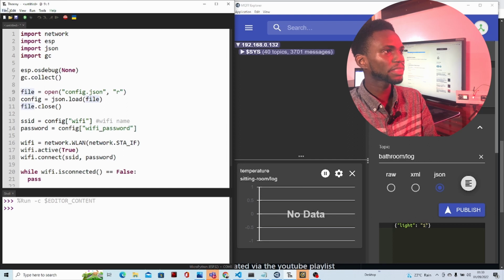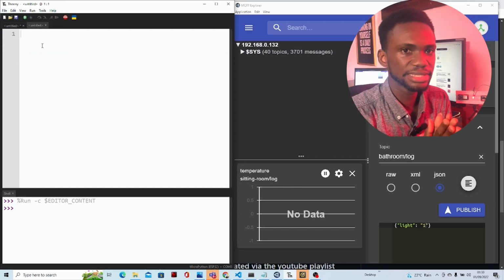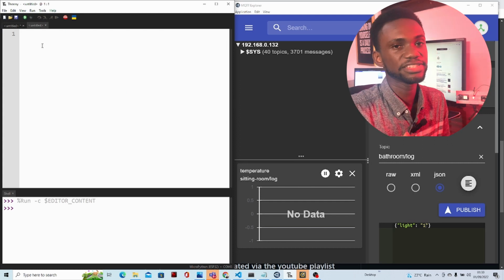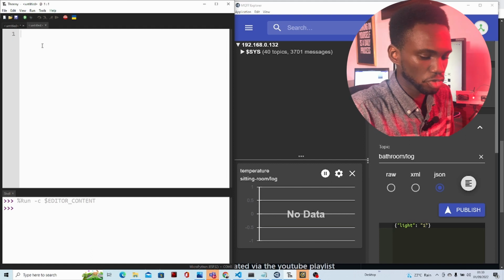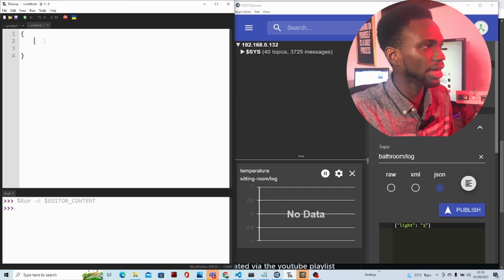So I'm going to click on File here and click on New, and I'm going to create what we call a dictionary, a Python dictionary, or sometimes referred to as a JSON. So inside a dictionary, the way you create a dictionary is, I'm going to do something like this. In this dictionary, I'm going to have,